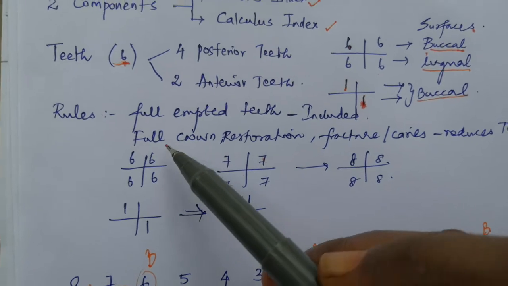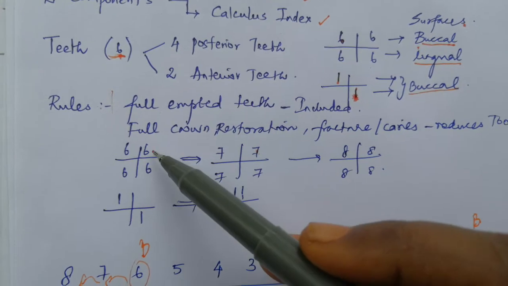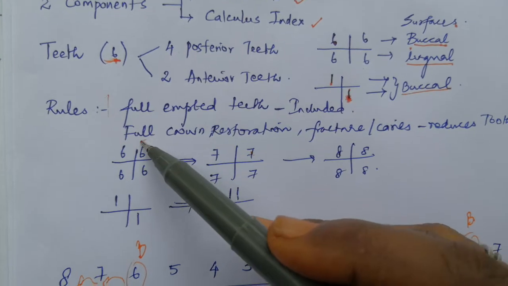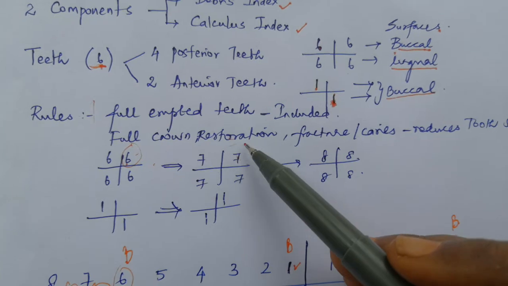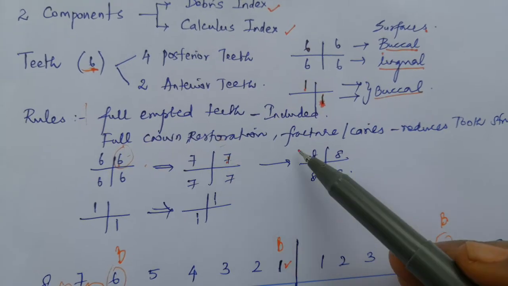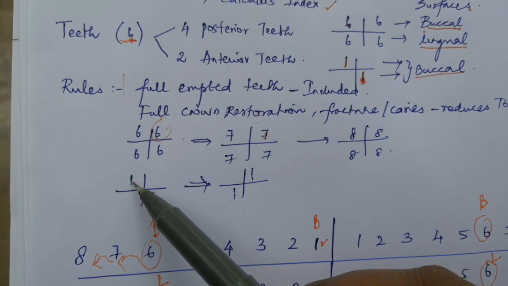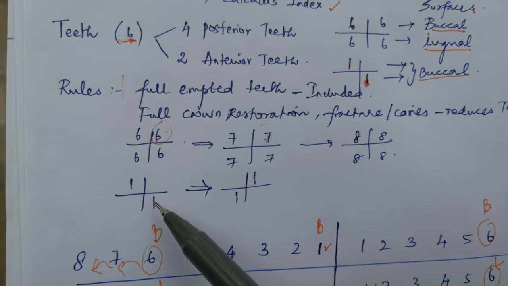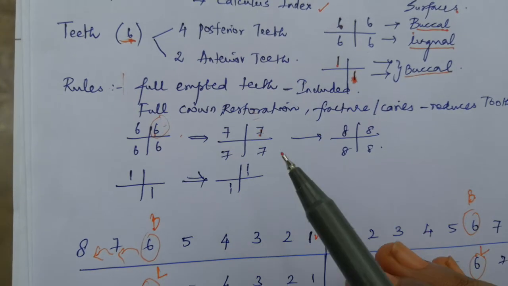So, for example, if partially erupted, full crown or fracture prevails in these first molars, then if this tooth has a fractured tooth, we have to take the second molar. If this is also not present or partially erupted, then we have to go on to the third molars. If 11 is not there, then you can score 21. If 31 is not there, then you can score 41. These are the alternate teeth you can go for.